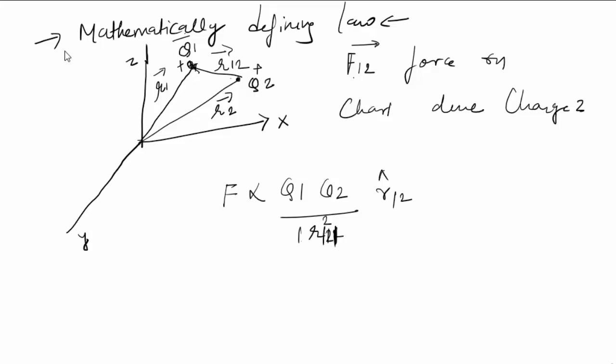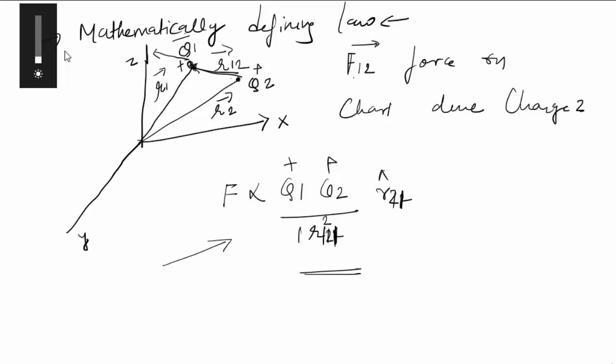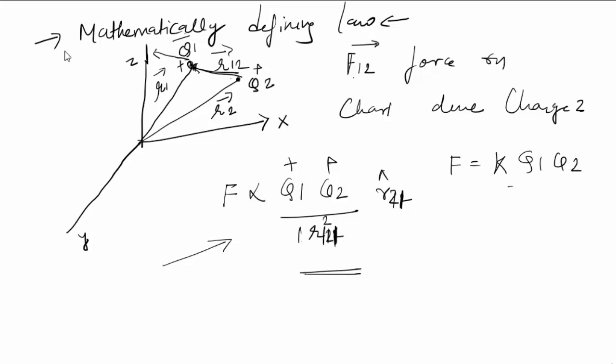So when I am considering the force on 2 due to 1, the force will always be repulsive and away from 2. So the direction will be from 2 to 1 when I am considering that this is positive and this is also positive. This is a way to represent Coulomb's law mathematically when I have 2 point charges separated by a distance. And the constant in this case can be written as k q1 q2 divided by